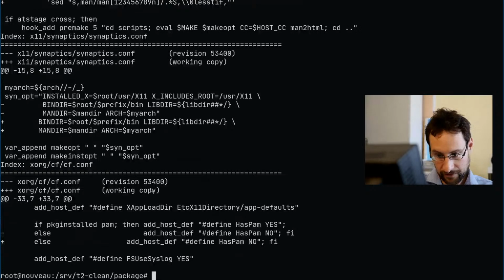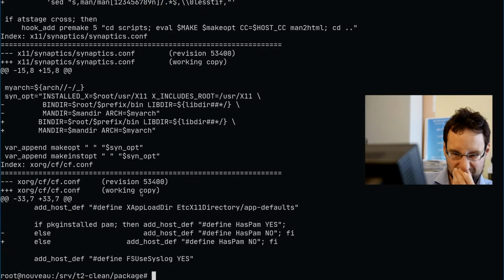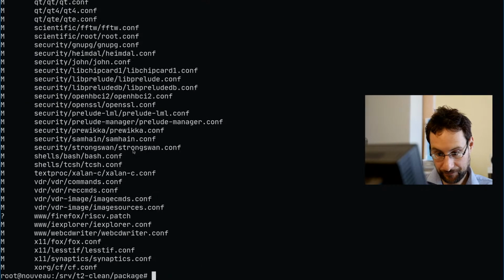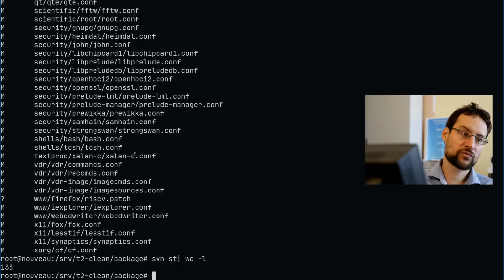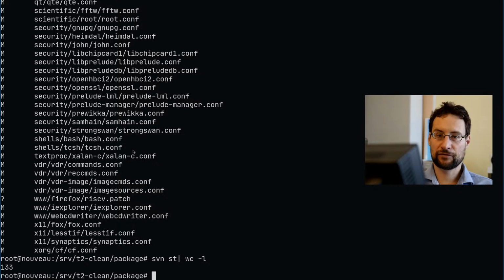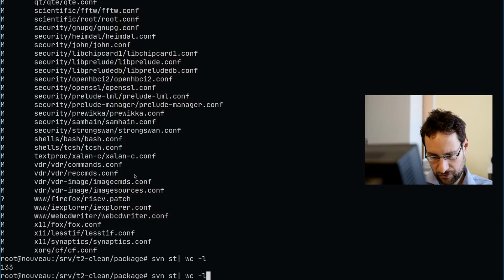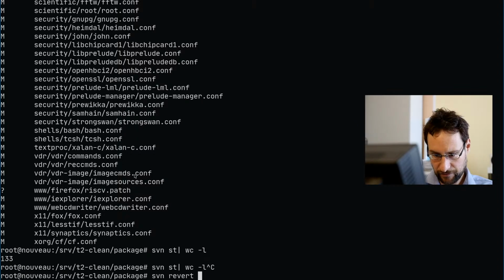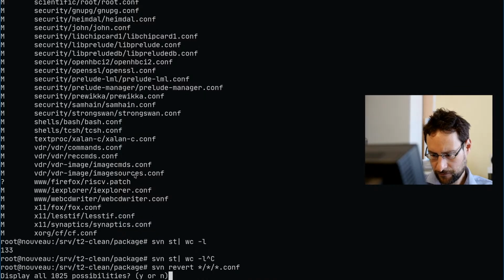This is actually okay. This is actually quite something. This is why I like to automate stuff, right? sed and awk and tr and stuff. And now I think this should have been clean, so we can revert conf.